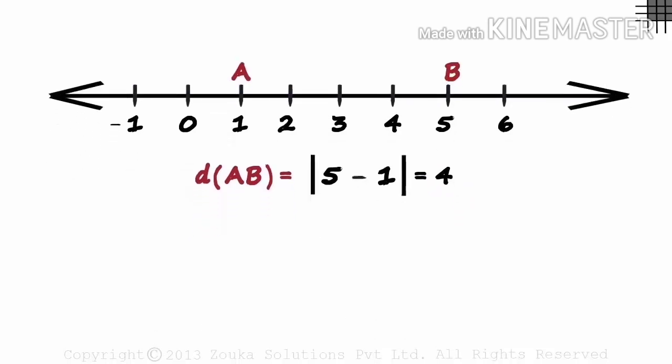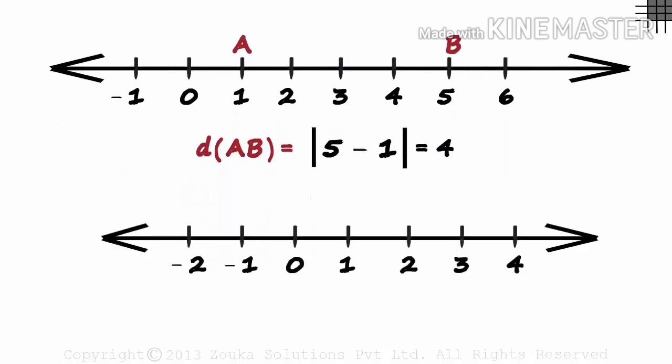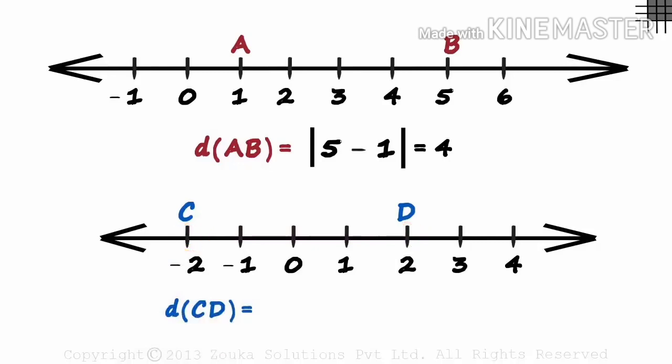Here's another example. This time we have to find the distance between points C and D. The first thing you should do is look at the endpoints of the segment. The endpoints of the segments are 2 and -2. So the distance between the points C and D will be |2 - (-2)|. 2 minus -2 is 4, and the absolute value of 4 is 4. The length of segment CD is 4 units. In the next video, we will understand this better with the help of coordinate axis.